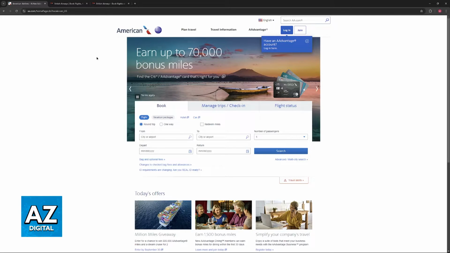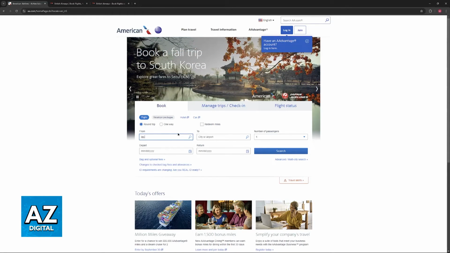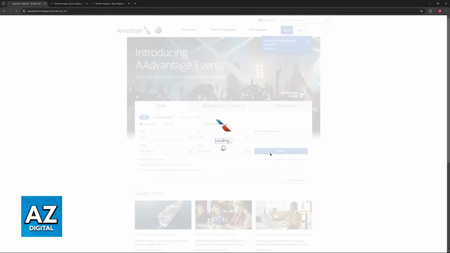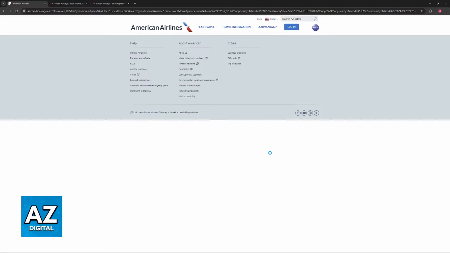What I'm trying to say is that if you go over to the American Airlines website or mobile app and try to look for flights, you will include the origin, you will include the destination, and go through the standard process of finding the flights. What you will notice is that even after you include all of these details and proceed, there will be no option to redeem Avios directly through here.